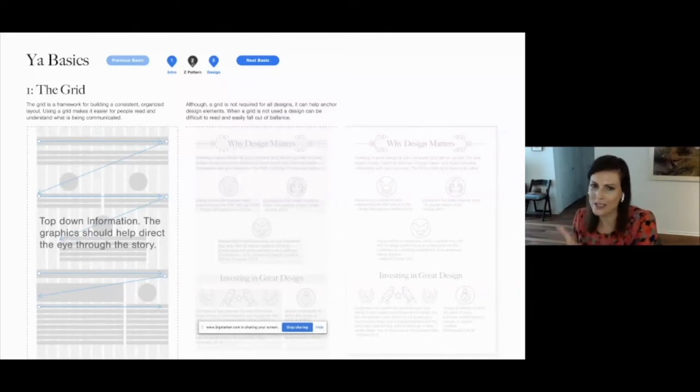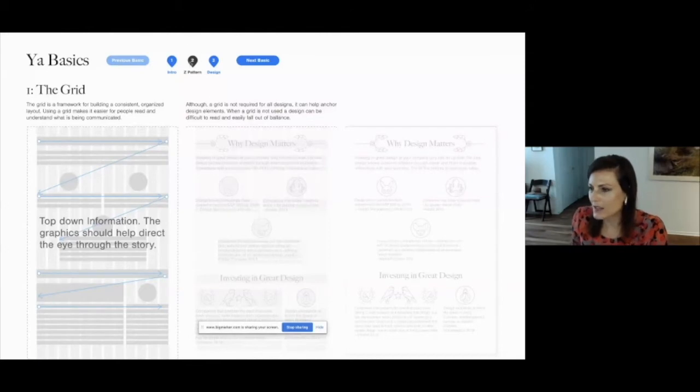If it's a right to left culture, you literally just flip the design, not like backwards type, but you flip the formatting so it's right to left in the same sort of backwards Z format. But it really does help tell the story with the design. And if you don't see this happening in a design, that might be one of the issues.